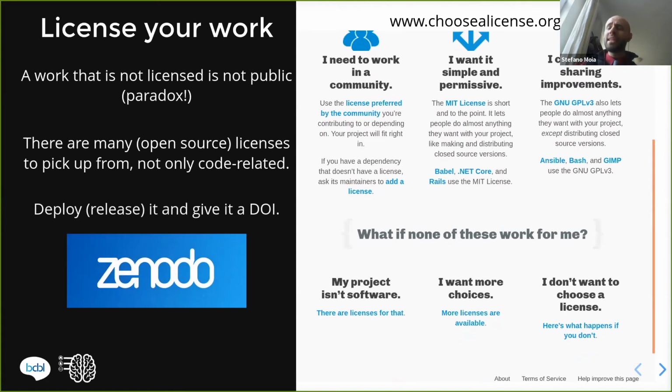and pick one and put it to your project. And since you're playing the scientific game, you might not just want to put a license on your work. You might also want people to cite the work that you did. In that case, creating a release is very important because with this release, you can get an identification number, for instance, a DOI. And Zenodo is a great tool to do that. Zenodo is maintained by CERN. If you check it, basically you can get your GitHub repositories, sign them up on Zenodo, and Zenodo will track the new releases for you and give you something that people can cite.